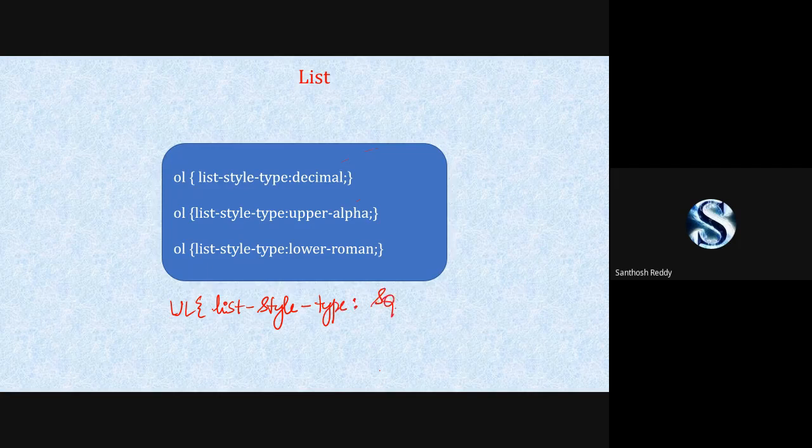You can use either square or circle, and close the braces. This is for the unordered list, and this is for the ordered list. Is it clear? Yes, sir.